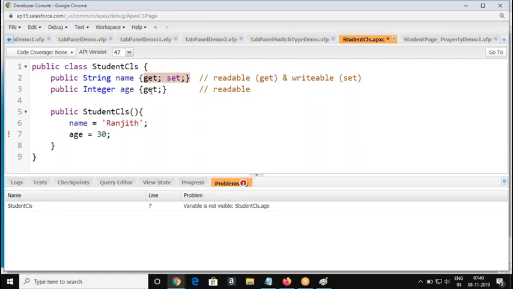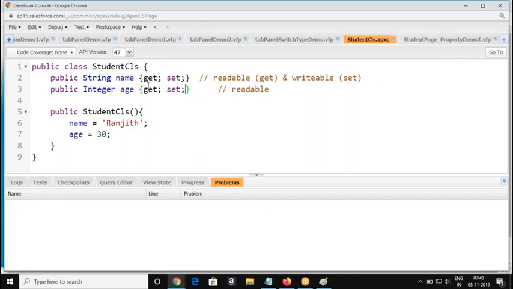The application cannot set any value either from the Visualforce page or within your class. In order to do that, it should have get set. So any variable that you are going to read and write will have the keywords get set in your class.